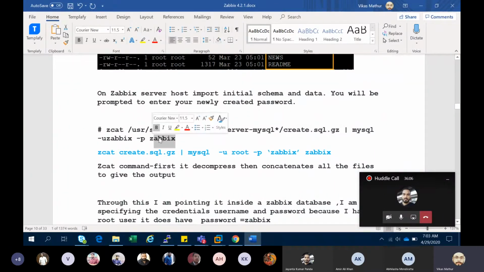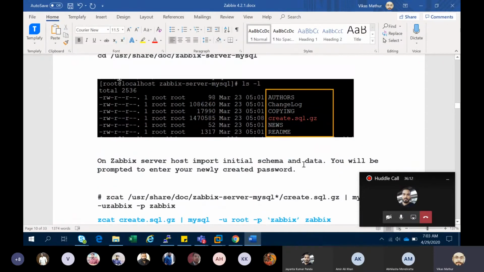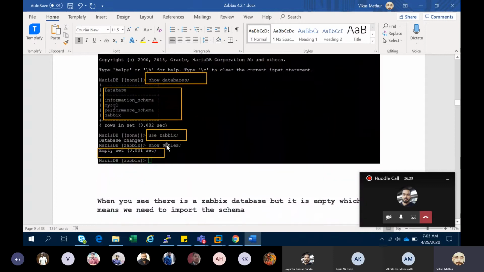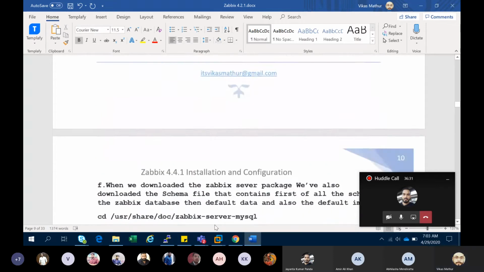This is the password. zcat is a command which decompresses this file, and after decompressing and concatenating all the files, it will directly upload them to your database. It will upload all the tables over here.